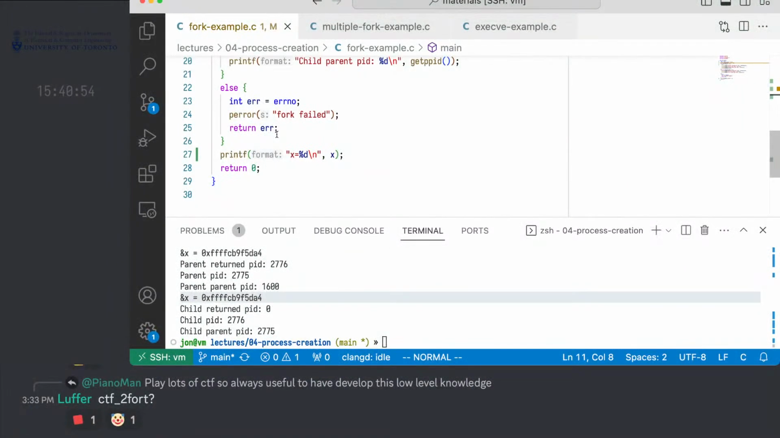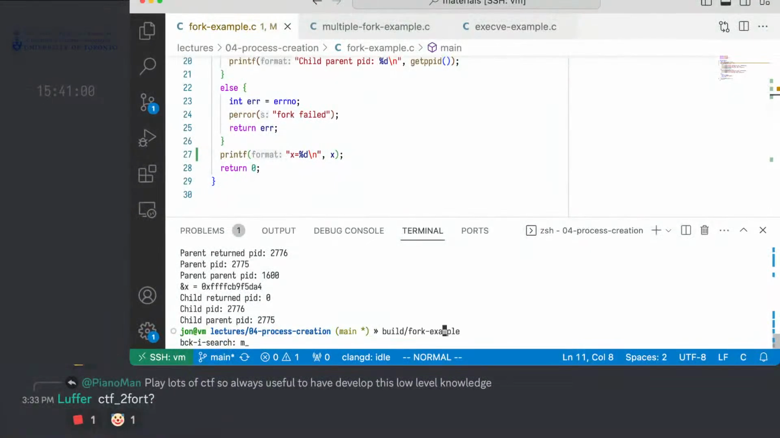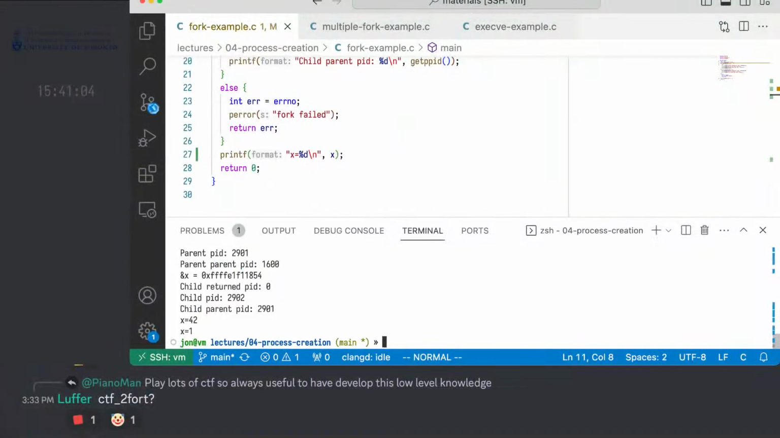Yeah, parent prints 1, child prints 42, and it shouldn't matter what order they execute in. Compile. So in this case, I get x equals 42, x equals 1. No matter how many times I run it, I'll get the same thing,